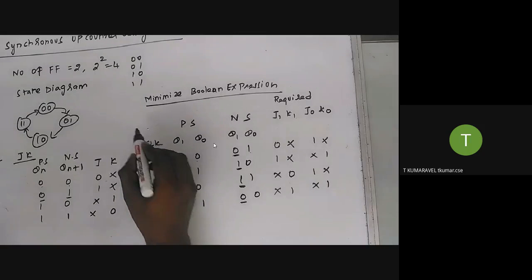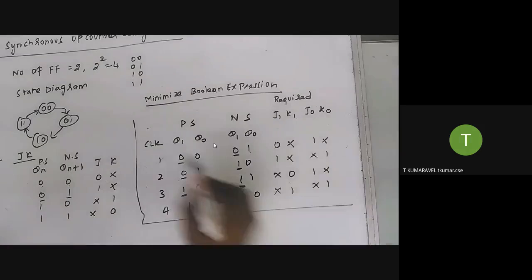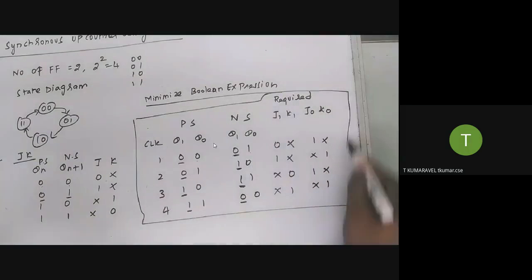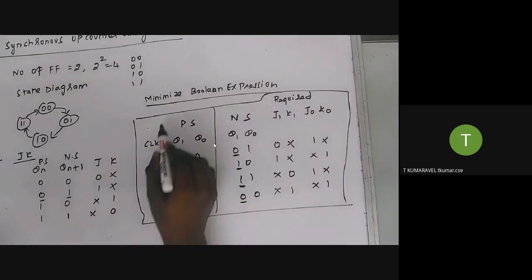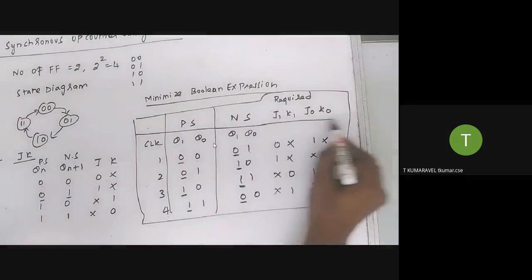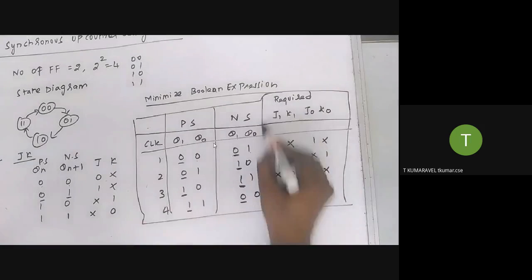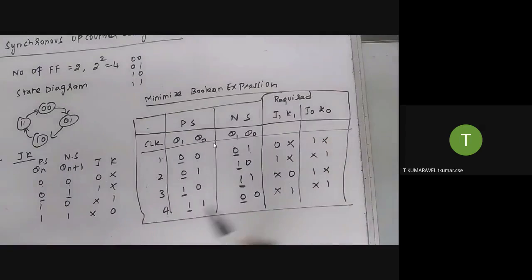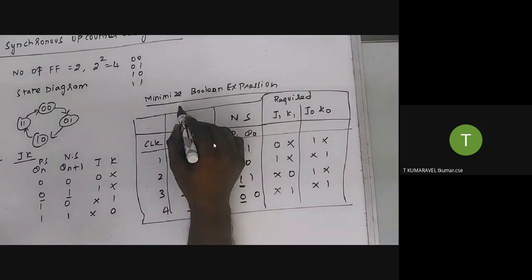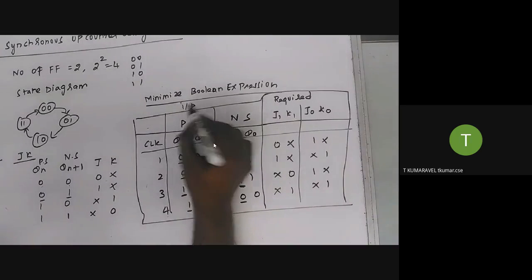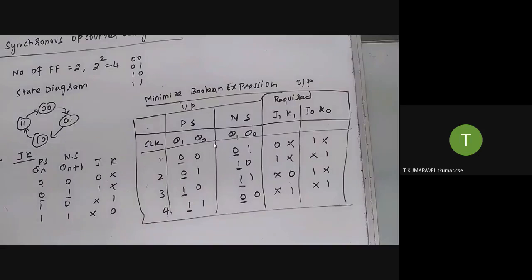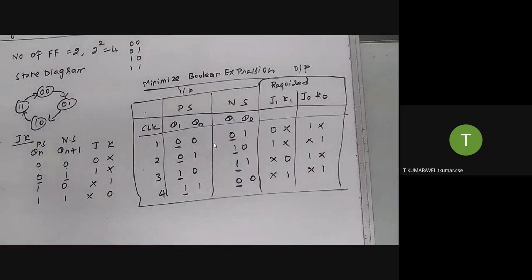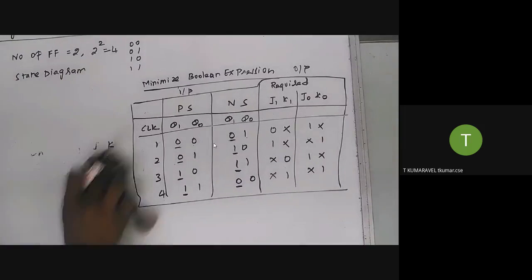Okay, now what happened? We formed the excitation table of the given two flip-flops. So in this one, this is acting as an input, and the required input is acting as the output. Okay. So how do you form the Boolean expression? In order to form the Boolean expression, what are you going to do? Number one, I've already discussed it. So what we have done is